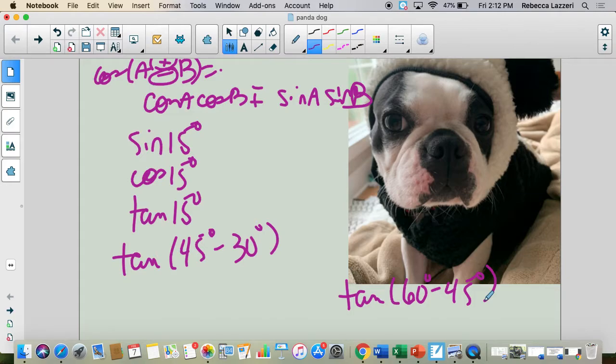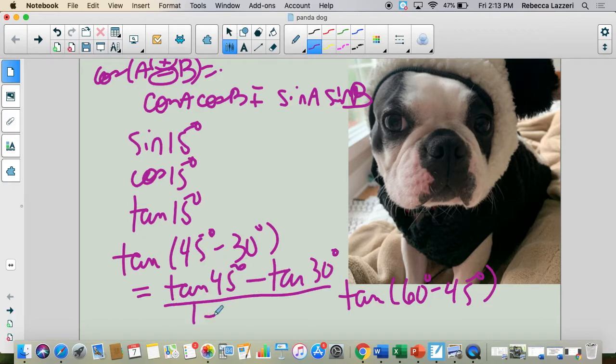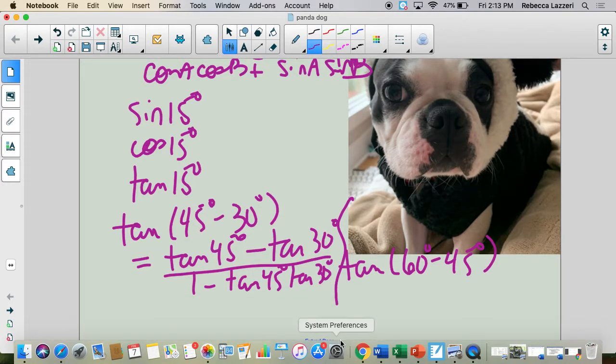The reason I would rather do 60 than 30, if I'm making a decision, this one goes tangent A minus tangent B over 1 minus tangent A tangent B. All right, if you did this one,